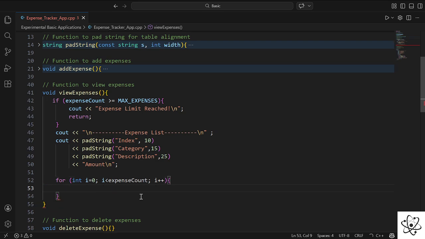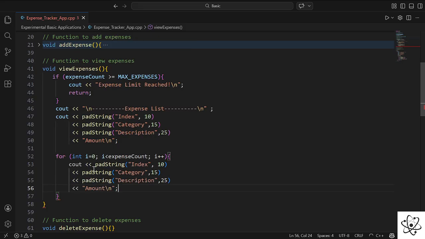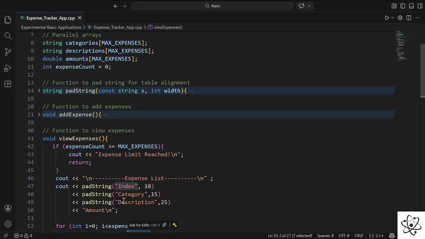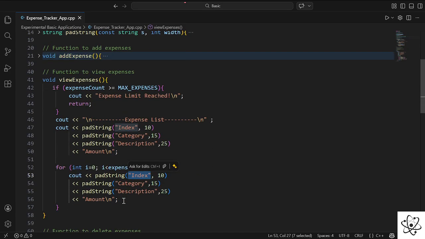Then write something like cout, or maybe the same thing here, but rather than index here, we are just going to print categories, or maybe i for the category, and for the category we are just going to put i here. Let's remove this string from here,